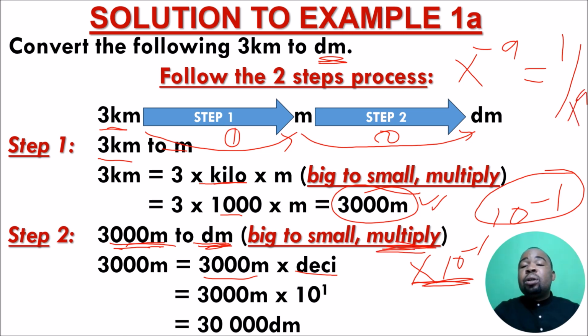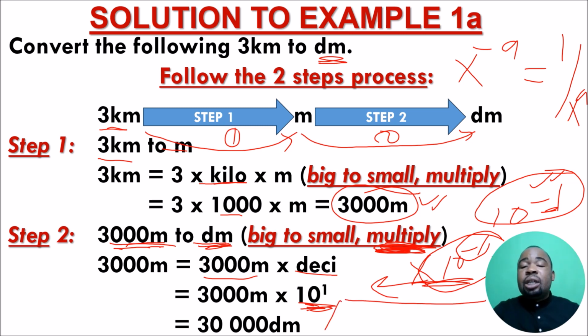Here we want to multiply because it's from big to small. So we need to remove the negative power so that we multiply. If we make a mistake of multiplying by a negative power here, we are actually in essence dividing. So we're going to remove, though deci is 10 to the power negative 1, we remove the negative power and leave it with the positive power so that we multiply since it's from big to small. And we're going to find 30,000 decimeters. So we can safely say 3 kilometers is equal to 30,000